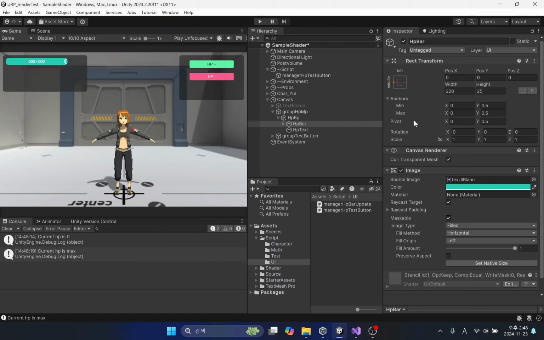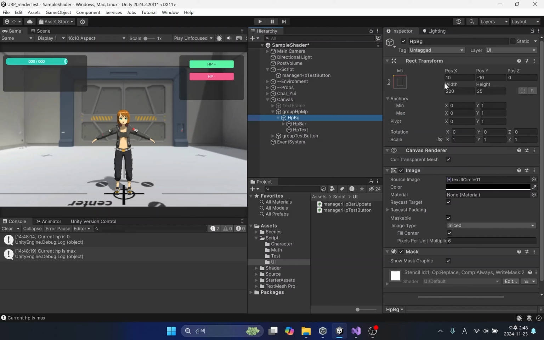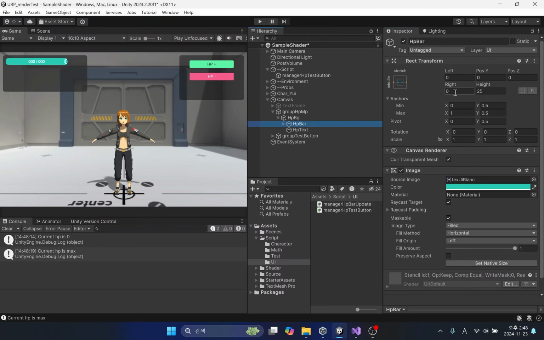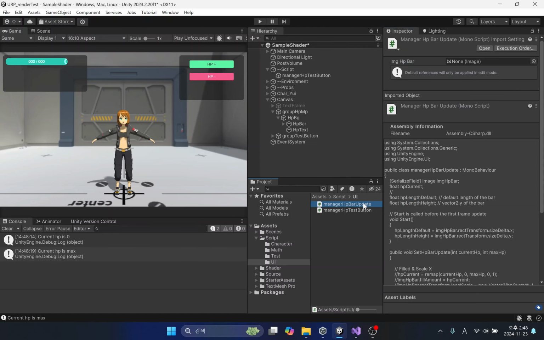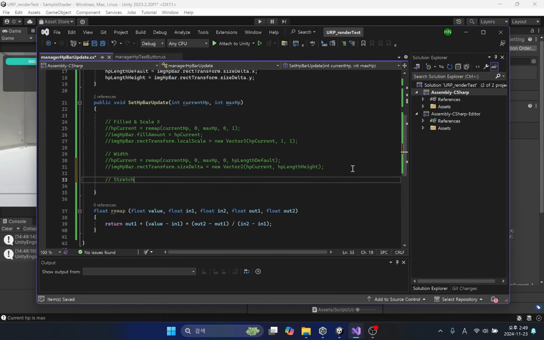Now let's change the anchor preset of the image to horizontal center stretch. This way, when you resize the parent, the child will also resize. When you change an image to stretch, the concept of image size changes. To be precise, this is because the position of each anchor in the image changes and is stretched according to the size of the parent image.